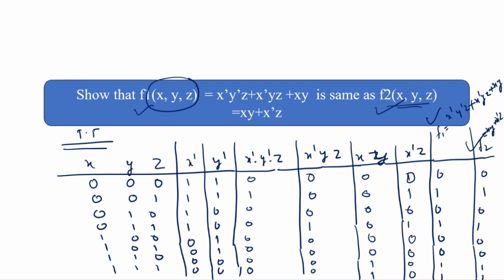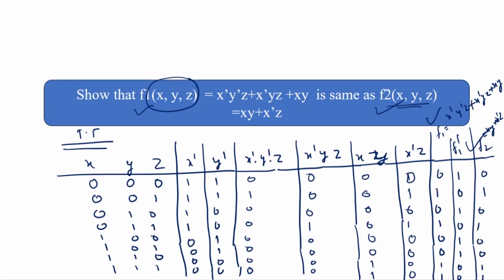Now the question is, suppose we want to find the complement of f1. So what will be the complement of f1? That is represented here as f1 complement. F1 complement means in the column of f1, every 0 is replaced by 1 and every 1 is replaced by 0. This is the complemented form of f1. This means here 0, f1 complement gives 1, 1 gives 0, 0 gives 1, then 1 gives 0, 0 0 1 1, 1 1 0 0. In this way we will find a complement form.